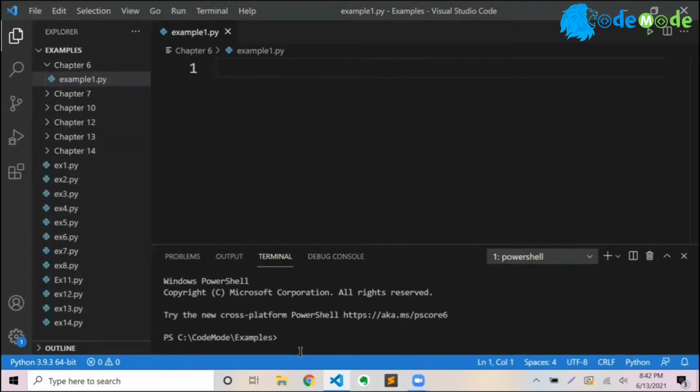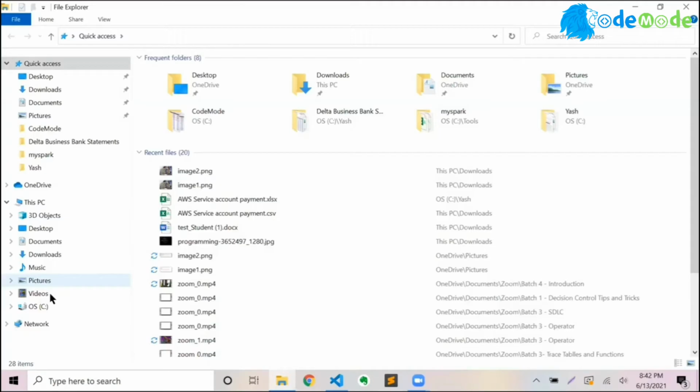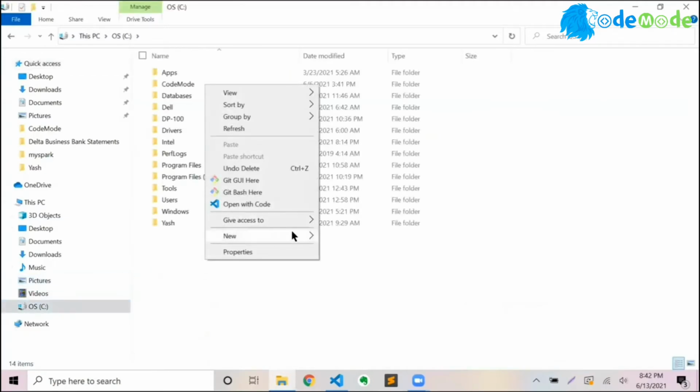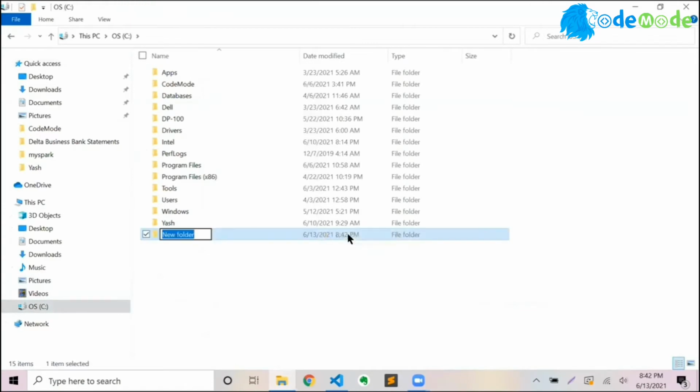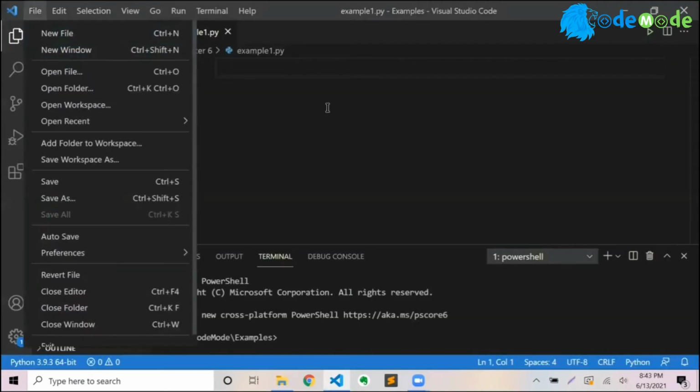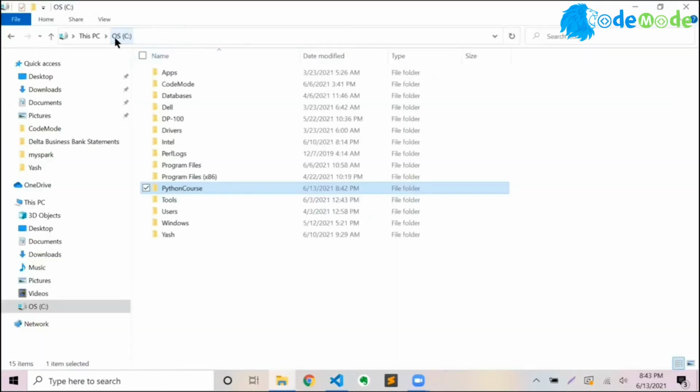And I'll write these instructions again. Install the software, go to your C prompt, right click, create a new folder, say code mode or Python classes, and create a new folder, let's say Python classes, right? Python course. And then within Python course, I will go ahead and open this. Let me rename this actually so that I don't have a conflict. I'll say batch 4. Okay.